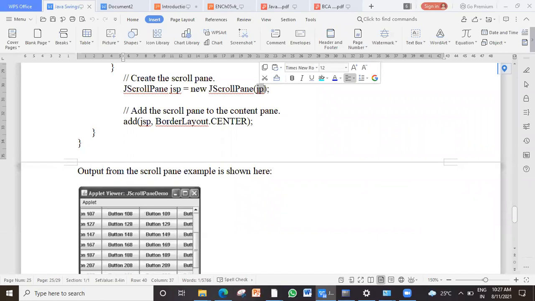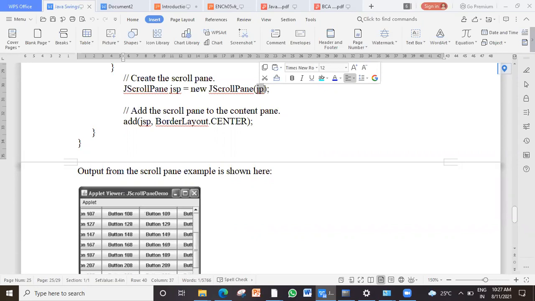If you don't add this scroll pane, it will not work. In lab again, execute the program as it is, remove or comment that scroll pane wala thing. It will show you only few buttons which are visible. Baki sare bahar jayenge, you will not be able to see. Okay, with that, understood scroll pane?